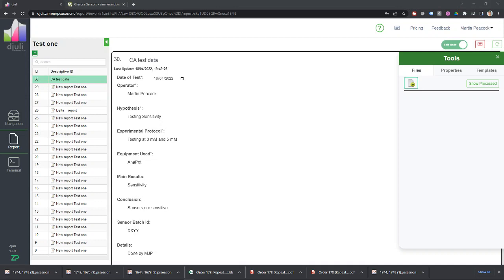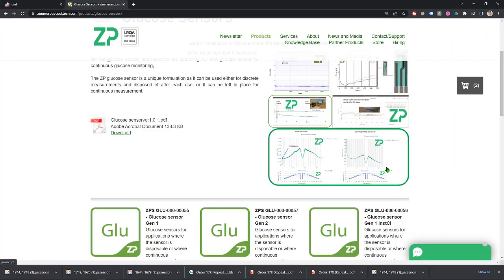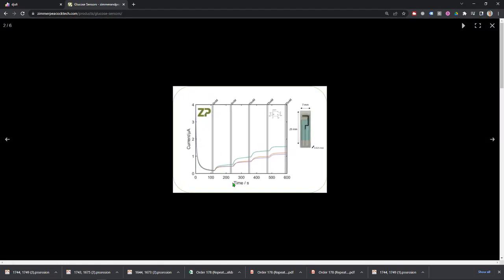Okay, so this is a quick video to talk about a type of screening experiment that we like to do with enzyme-based sensors. So for example, if you look at our glucose sensor, we have this kind of screening experiment where we show signal as a function of time. The signal we're showing is current versus time, and the way we obtain this kind of data is